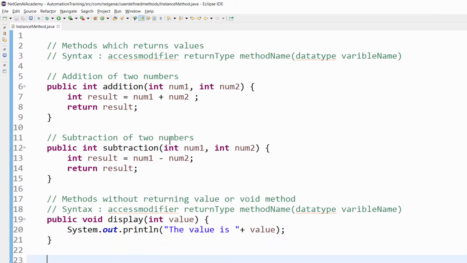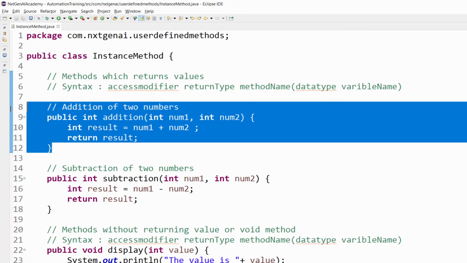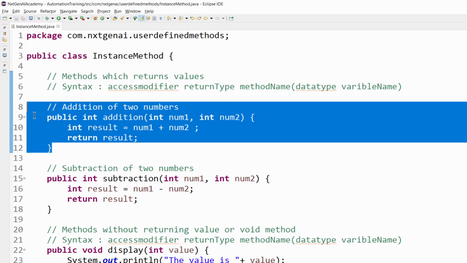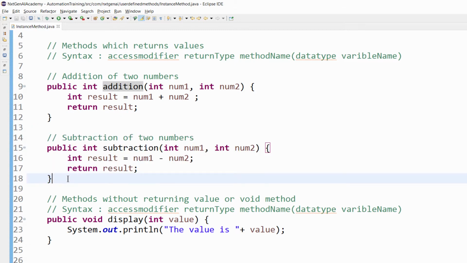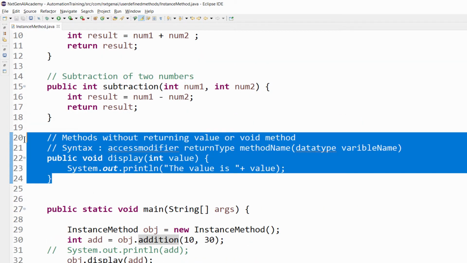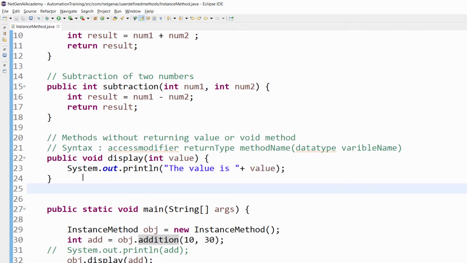A short recap: in the previous video we created an instance method with access modifier, return type, method name and arguments. Addition of two numbers we learned, then subtraction of two numbers, and finally we created a void method, that is a method without returning a value, to display the output.